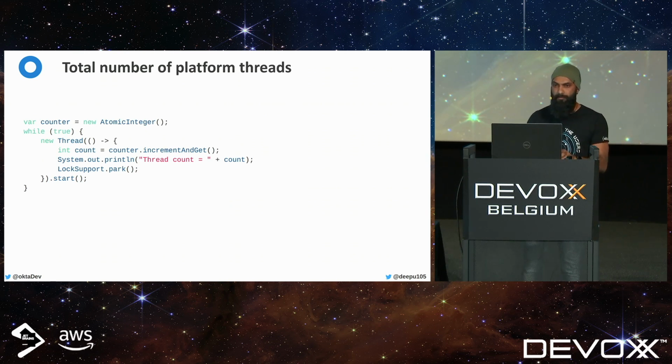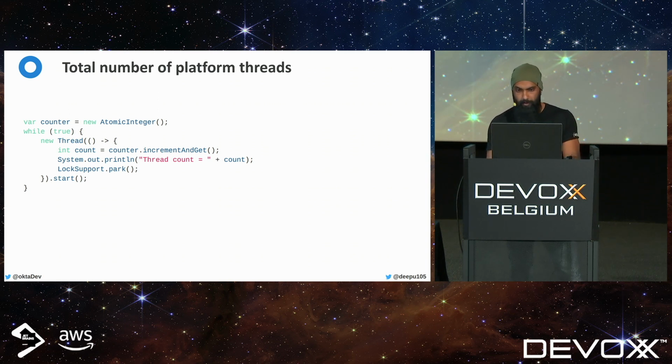So let's have some fun with the threads. Let's try out some things. Let's compare how it performs with platform threads. So let's first see how many platform threads we can create versus how many virtual threads we can create on my machine, of course. I have an Intel Core i9 with 8 cores and 16 threads with 64 GB RAM running Fedora 36. That's the configuration. These numbers are going to differ based on the configuration, so if you are trying something like this, don't expect the same numbers. It's going to be different based on your machine. So let's try that.